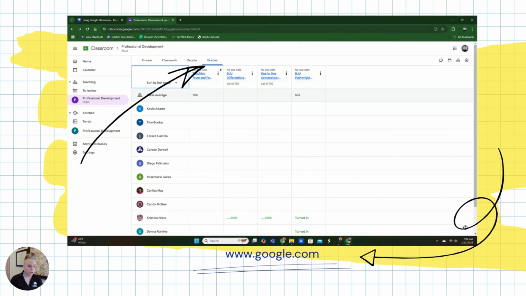Now, your student has their assignments completed and you want to check their progress. You'll click on the Grades tab and you'll be able to see the assignment they have. Now, your student will not see everyone in the class, of course. This is a teacher view. But they will be able to see then what their grades are for each assignment, if something's missing. Keeping in mind,